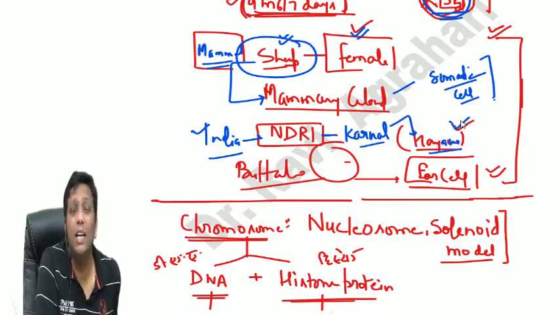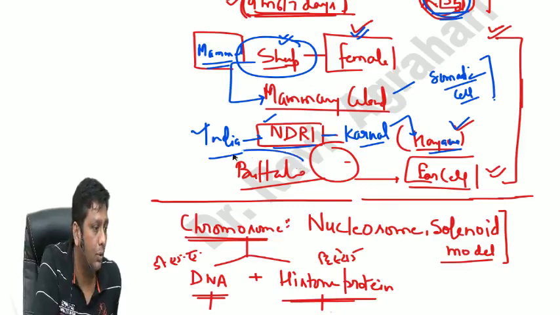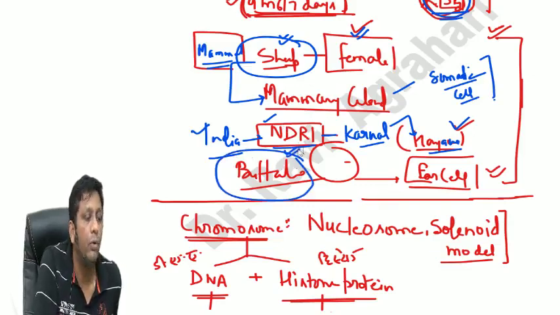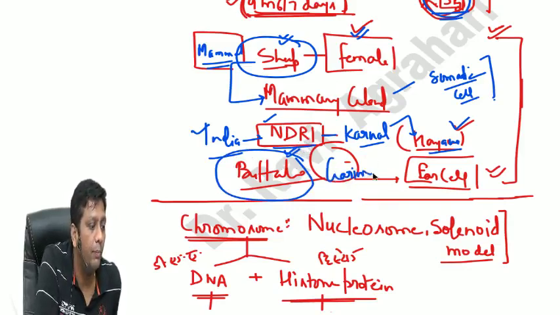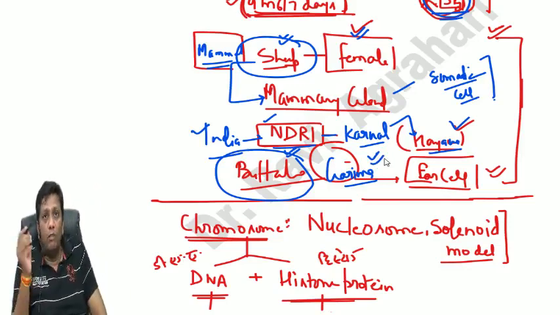So where is the National Dairy Research Institute? Karnal, Haryana. And this is the place where India developed its first clone. It was a buffalo clone, and the name of that clone was Garima. Garima was the buffalo clone developed for the first time in India at NDRI, the National Dairy Research Institute, Karnal,